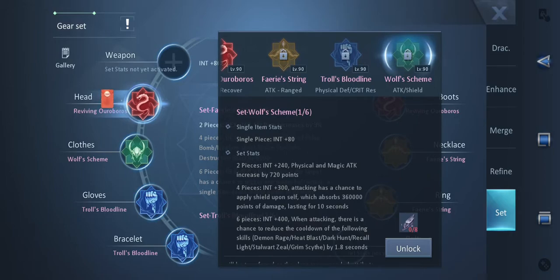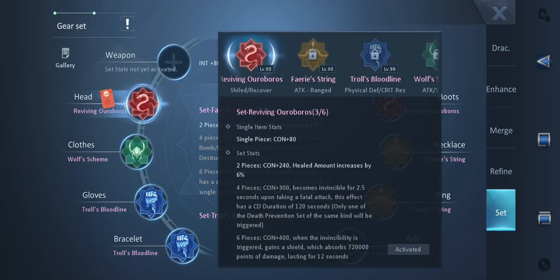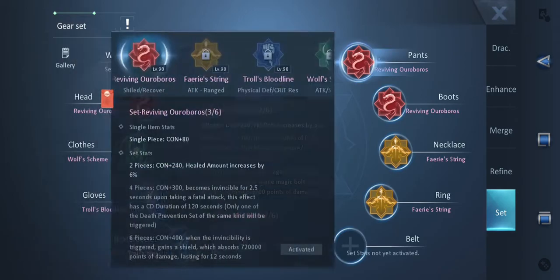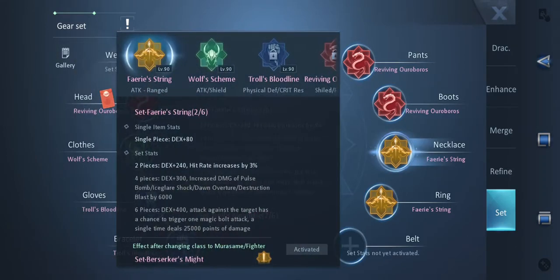So basically what I'm telling you is that you use wolf, fairy and reviving. Those are the only things you need. Those three you only need on these sections. And then you can play around, because